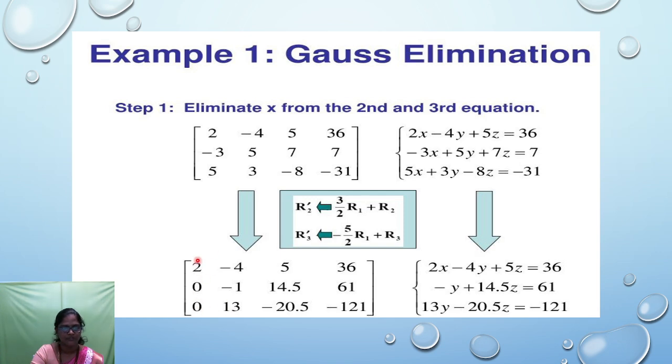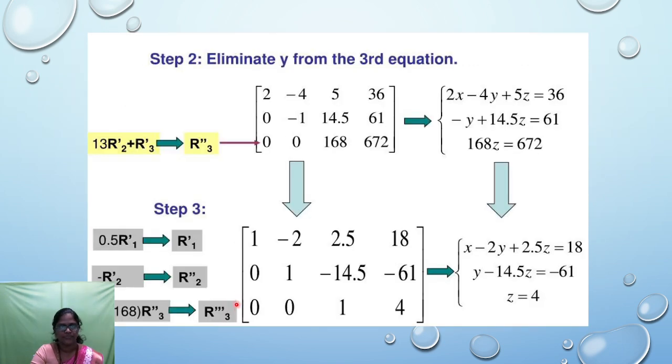So if we use the first row, we are not able to convert this to 0 again. So don't use the first row. Use the second row, then convert this 13 to 0: multiply R2 with 13, then add with R3. So we get